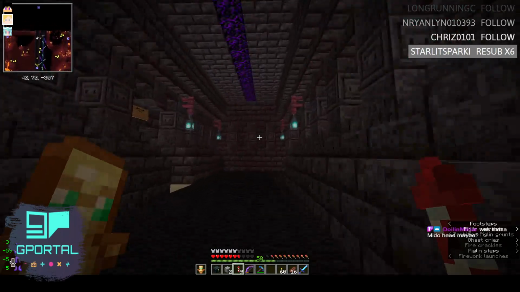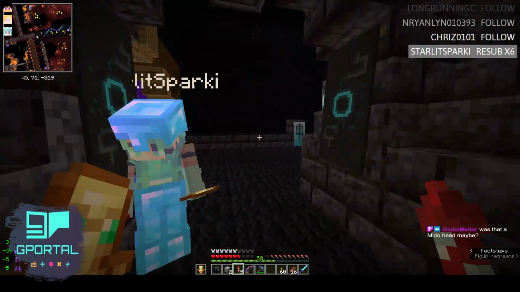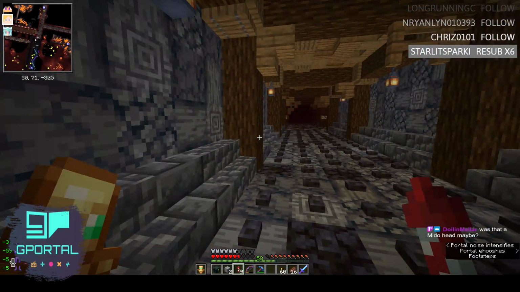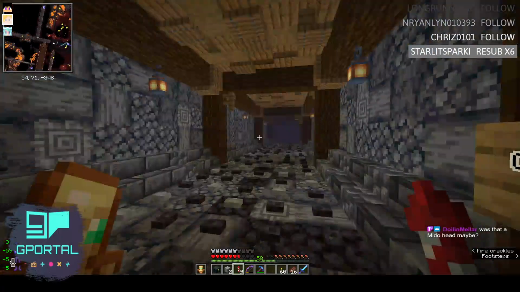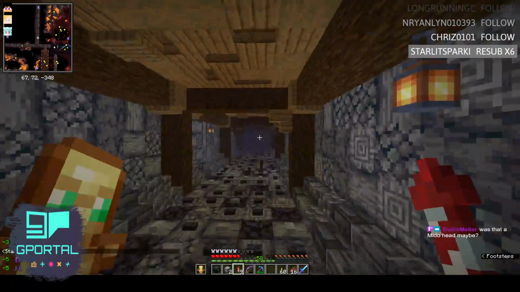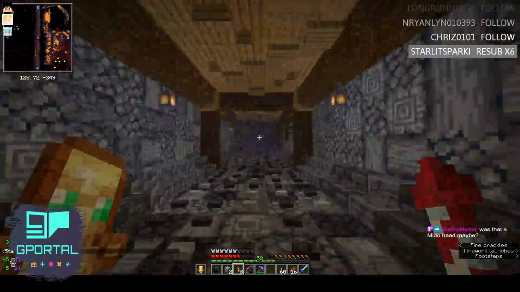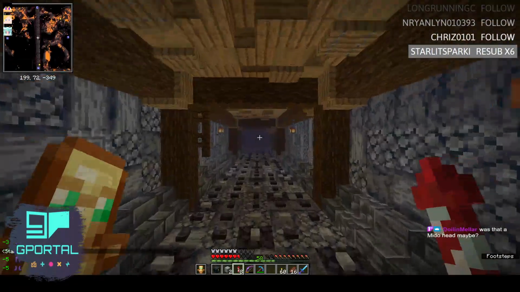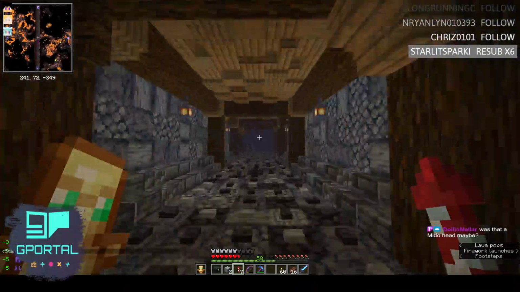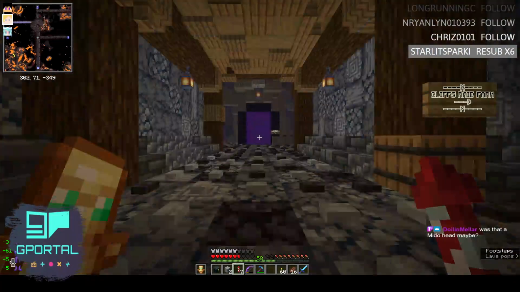Oh, hello. I don't have 7 empty shulkers, so I gotta go make 7 empty shulkers. No, you got 6. I have unfortunately used all 7, so I'm not wasting them, I swear. Oh, jeez. There we go.